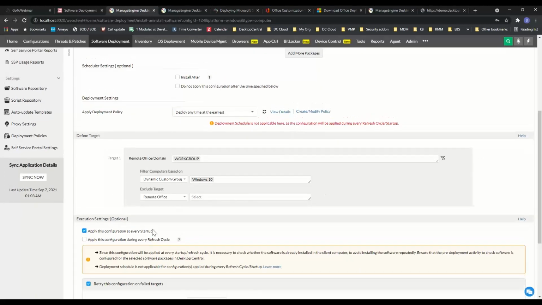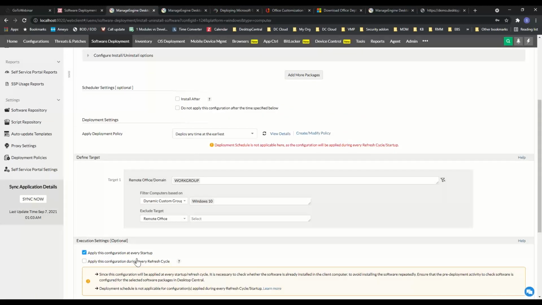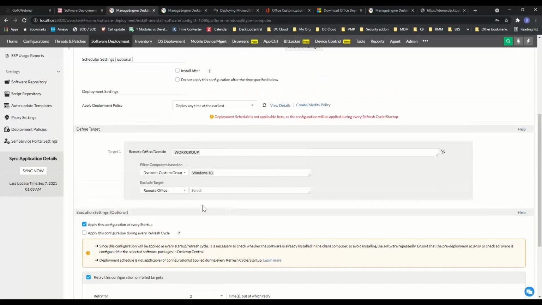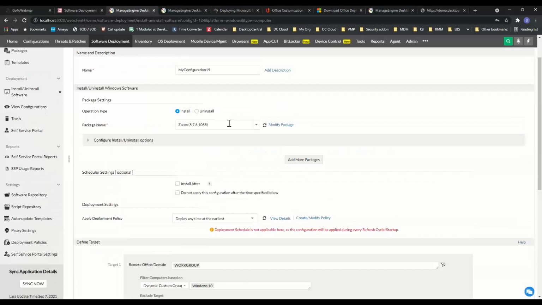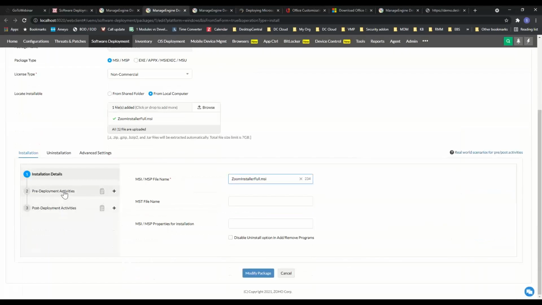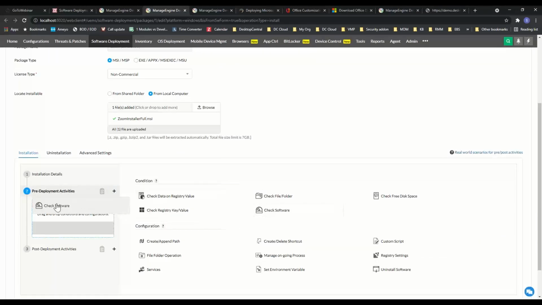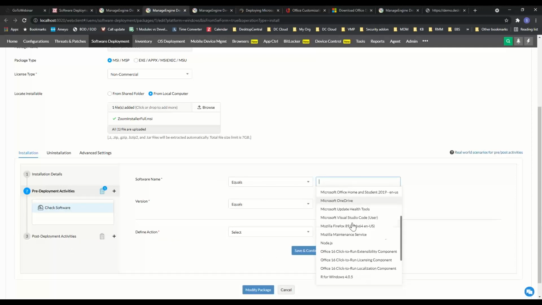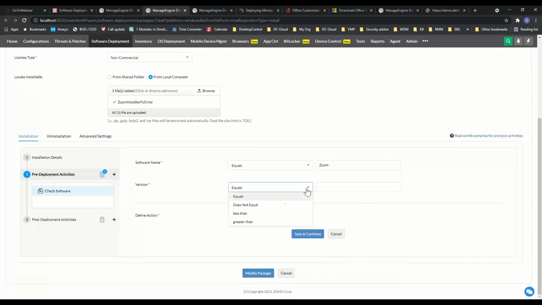And I'm going to include something where for this particular application, I'm going to add a pre-deployment check, where if the application is not available, it needs to install it, right? So I have Zoom here. I've just modified this package to include this pre-deployment setting. I'm going to check for the software, and the software equals Zoom. And this is the version. So if this version is found,